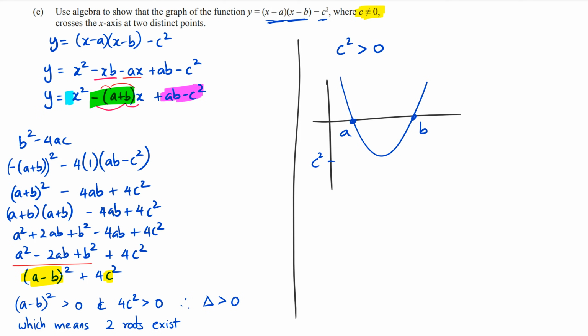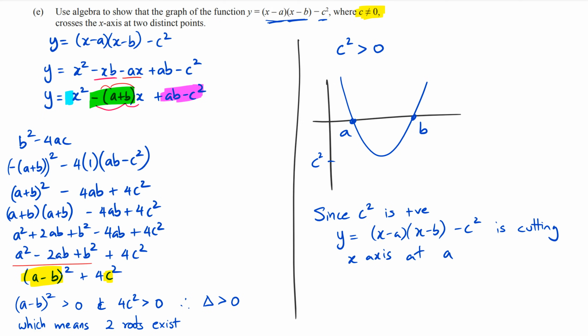I probably have not explained this as much as I would like to in the graphical method, but it's just kind of drawing it up here, but also stating that since c squared is positive, y equals x minus a times x minus b minus c squared is below, or we can say is cutting the x-axis at a and b, and since c squared is positive,